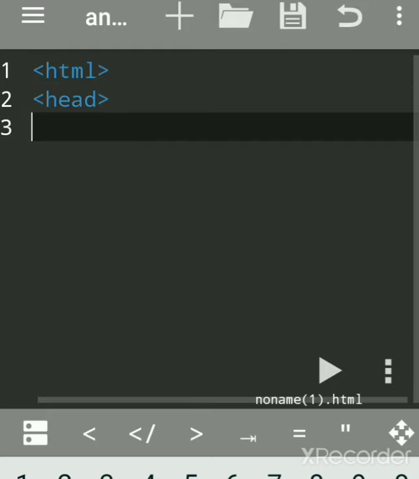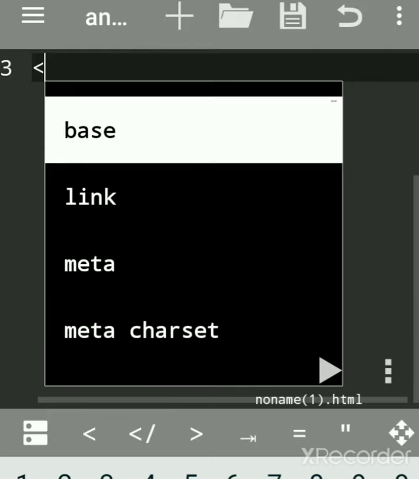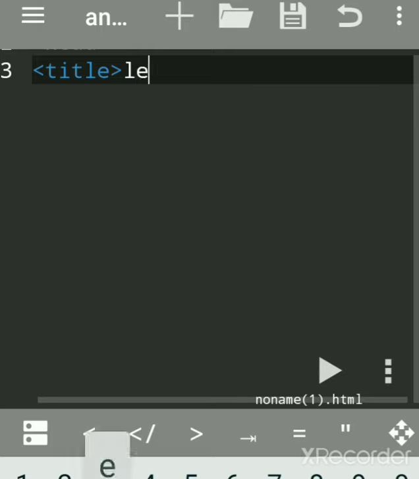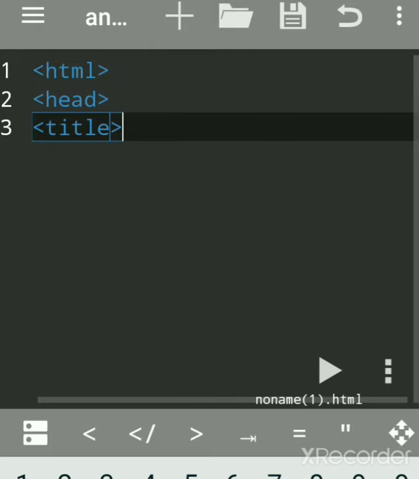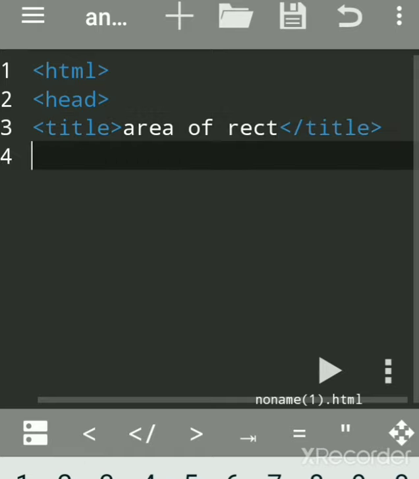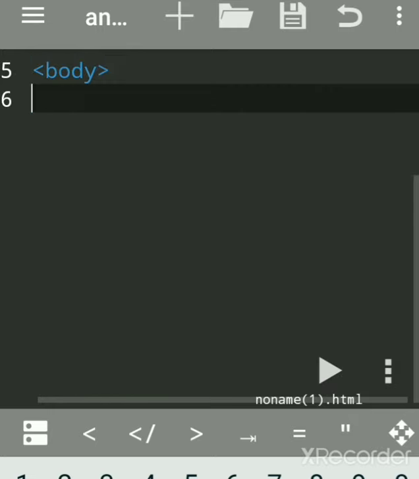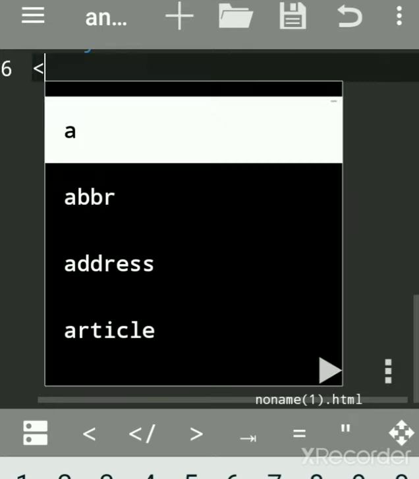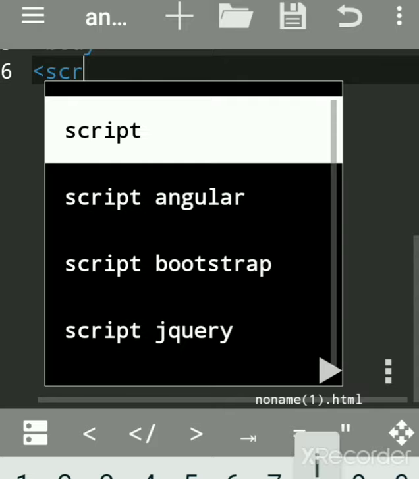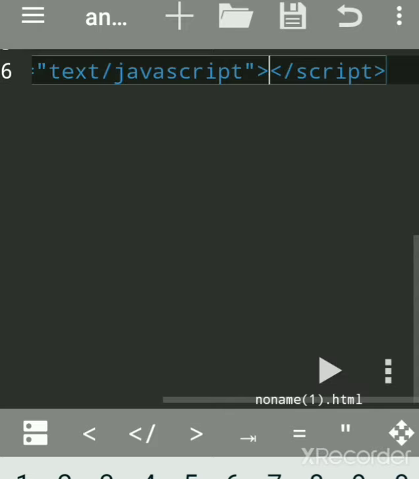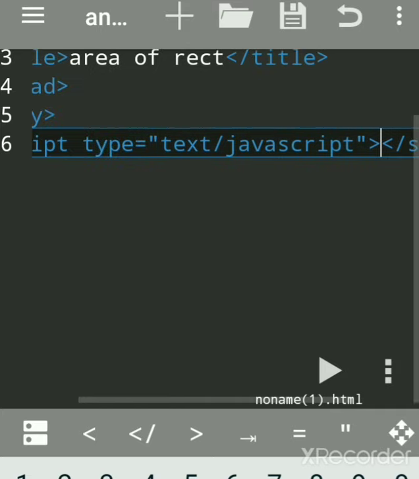JavaScript is case sensitive and it is embedded in HTML. It is used for both client side and server side. You can write JavaScript in the body section or head section, but we will write in this.